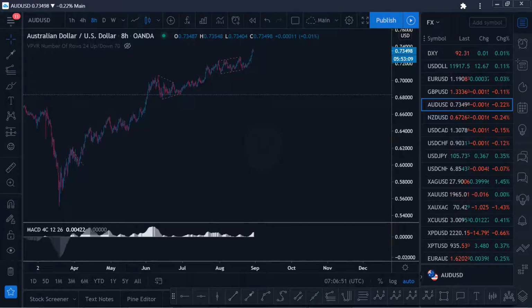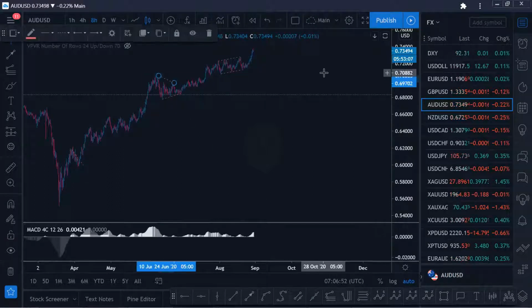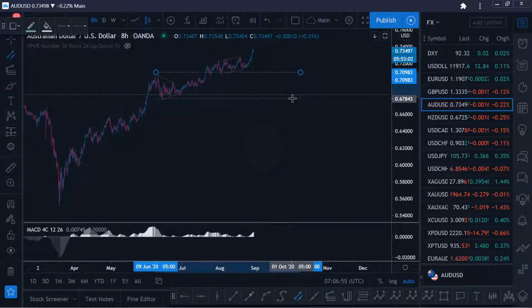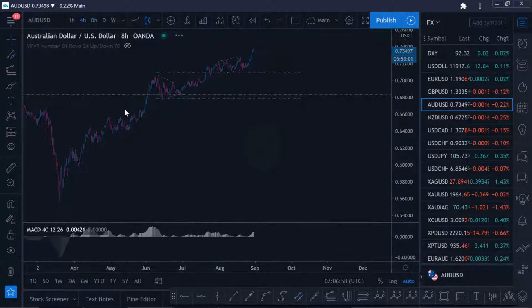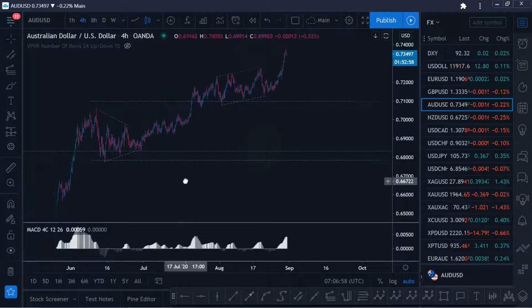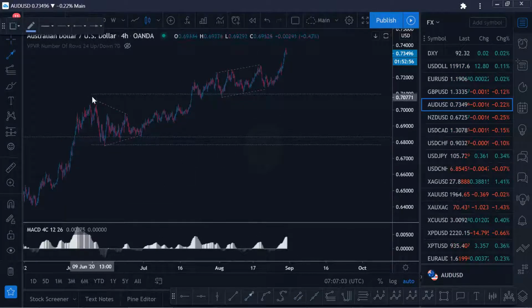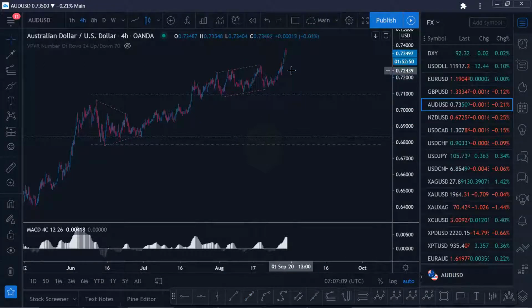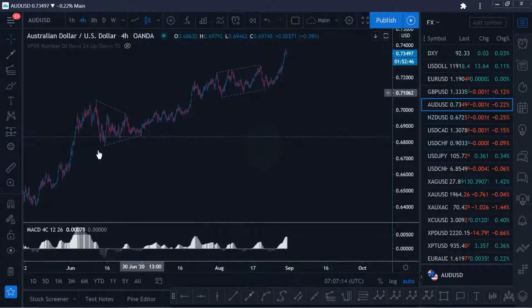Initially, we were looking for all of this to be a corrective structure. As you know from previous webinars, we were looking for all of this to be a corrective structure, meaning we were looking for a move down to match this one, which we never actually got. So it's still possible that that comes down the line, but